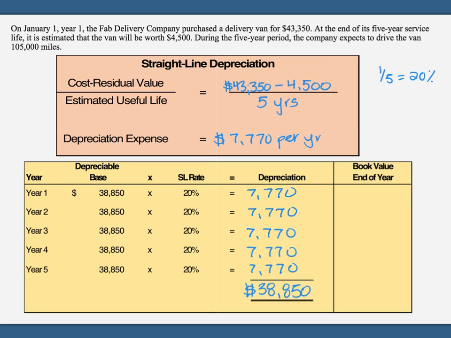So now let's just determine what the book values are at the end of each year. So we are subtracting 7,770 at the end of each year from the book value. So we started with a book value of 43,350. We subtract 7,770, and that gives us our year 1 book value to be 35,580. We go on next year. We subtract the year 1 book value minus depreciation expense in year 2. And that's going to give us